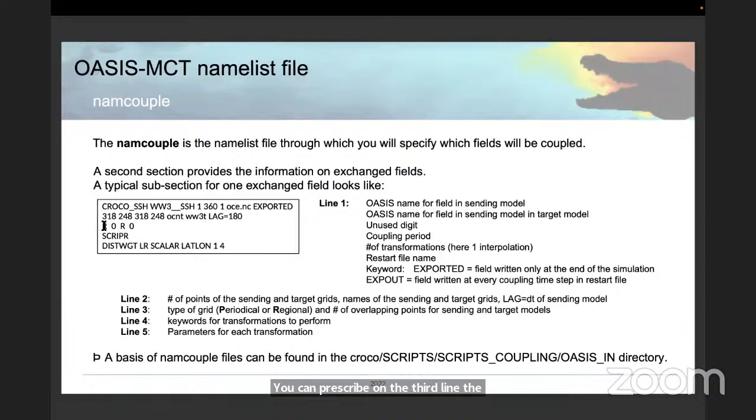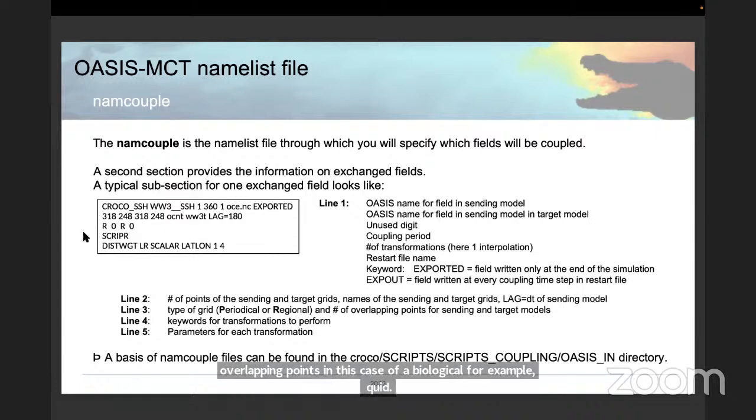So here it's regional, but you can also have, for example, a periodical grid. And in this case, it's a P keyword over there. And you can have overlapping points in the case of a periodical grid, for example. Then it's a keyword to